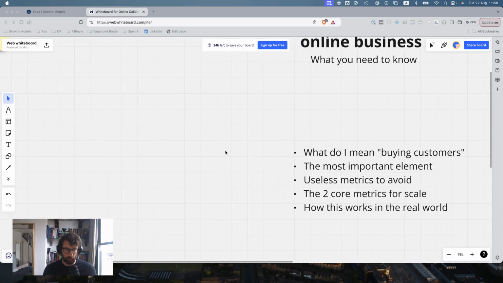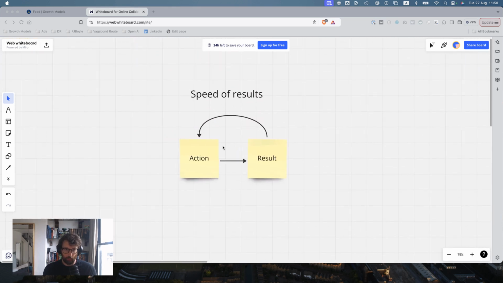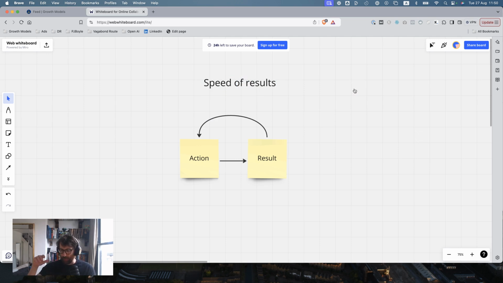Okay. So let's first off look at what do I mean by buying customers. So essentially, marketing is just a game of testing things, right? You're testing different audiences, you're testing different messages, different offers, all of this sort of stuff. You're pushing it out there and you're waiting for the market to tell you what they like and what they don't like. And obviously you might have insight because you've been working in a market for a while, but you never know 100% what it's going to take until you launch it and see if people will pay for it. And it's just a game of action and result. You take an action, you get a result, you optimize the action based on the result and you improve things,